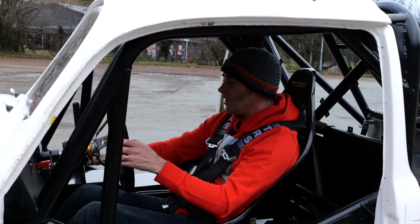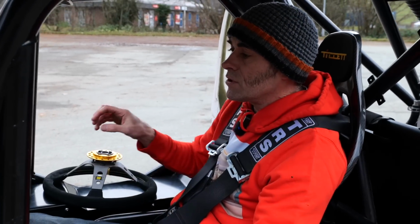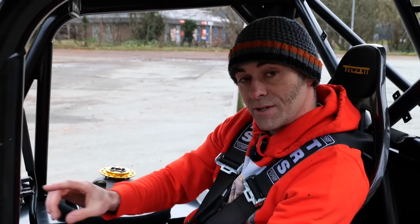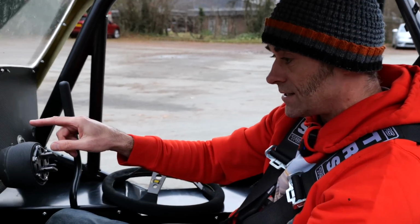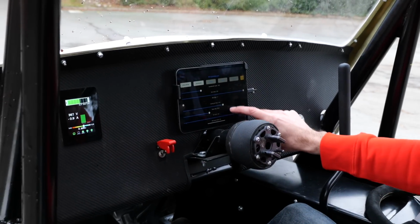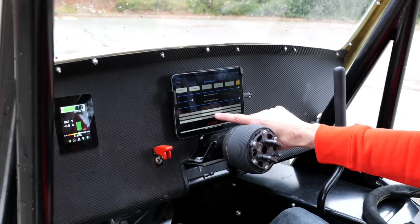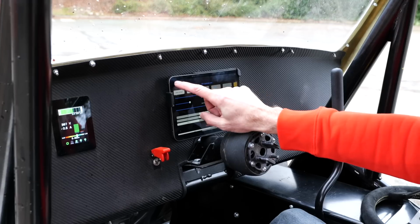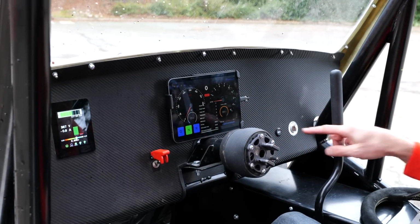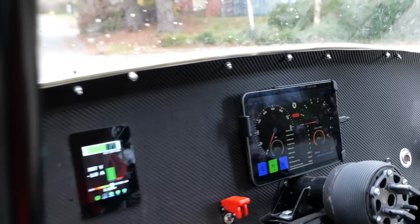Can't get it out of four-wheel drive. For some reason, it's not wanting to go into rear-wheel drive. So on the settings here, if I go into the settings and put it into rear-wheel drive, which it is in now, so it's RWD, and I go back in here, if you zoom in on the screen there, Tim, you'll see that